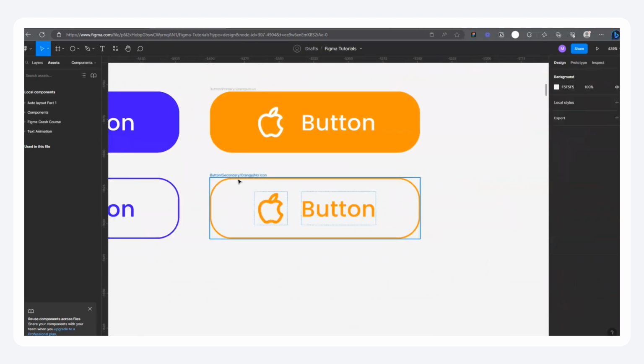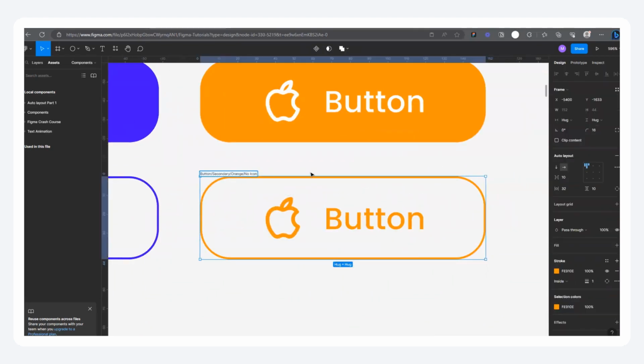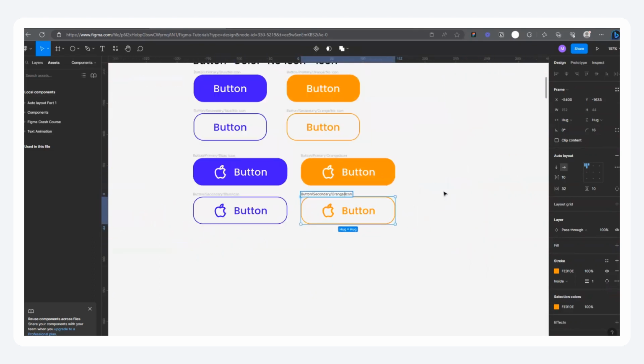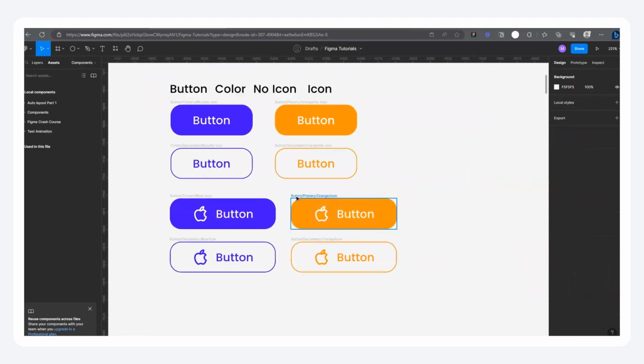The same thing applies to this one. This one is secondary and it's orange and it has an icon. So we're going to remove the no and have this. So now we have our variation. But if you look at it, you can see that